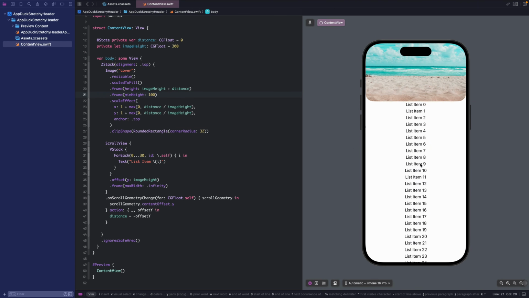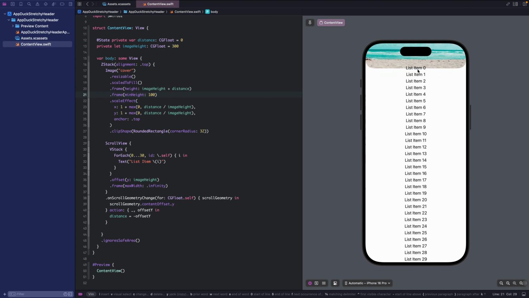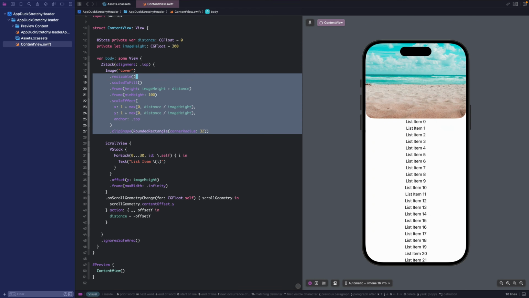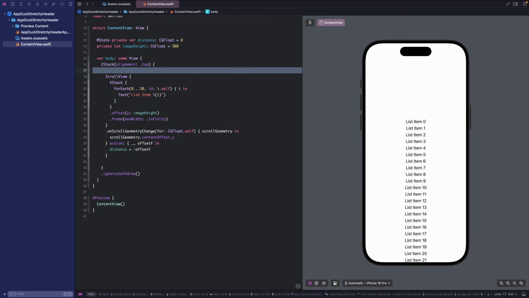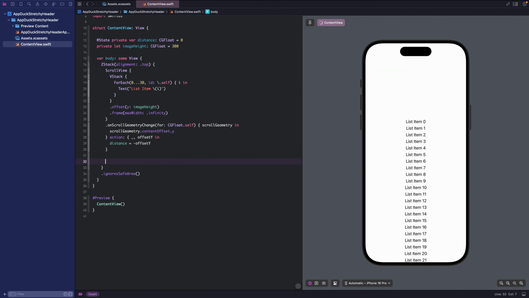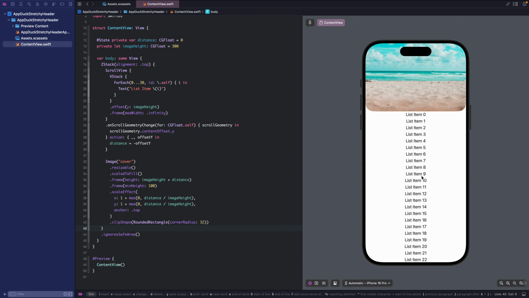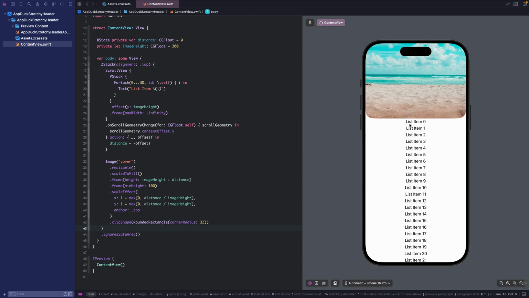You'll notice that our items are above the image, so I will rearrange. I'll put the image on top instead. Okay. I think the reason why we cannot see all items is because of the offset here.